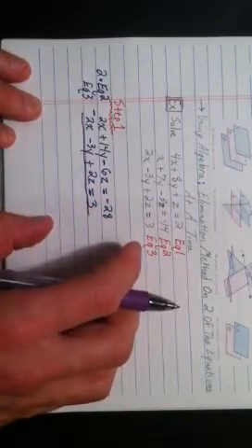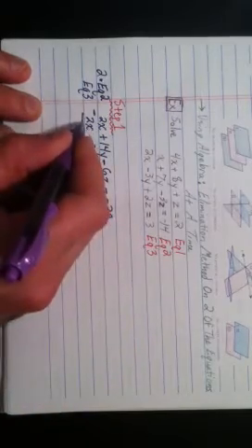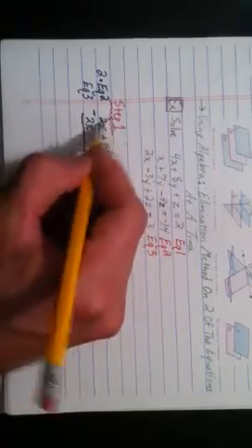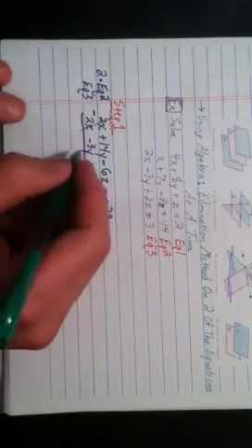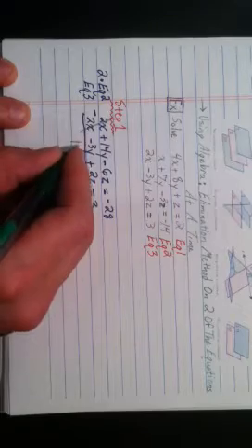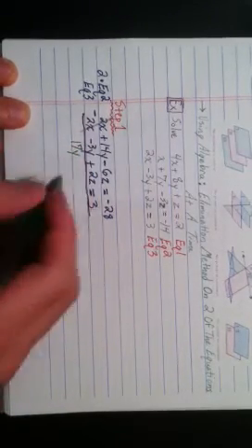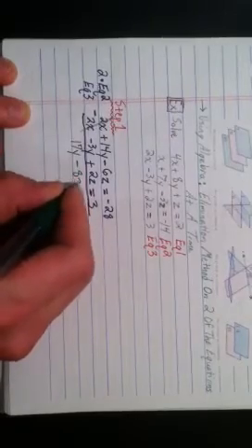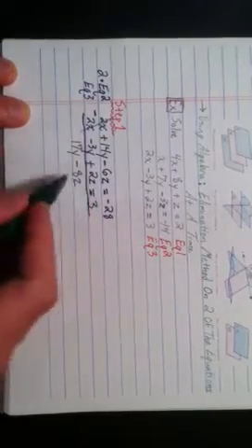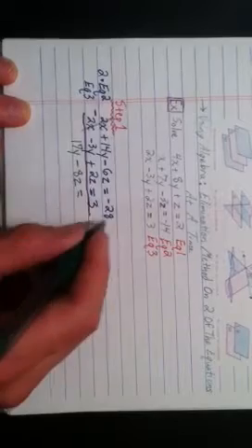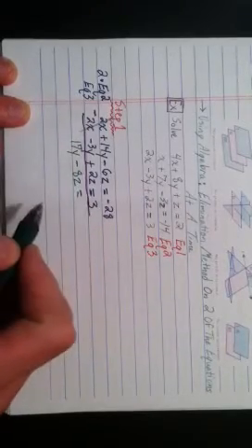Okay. So subtracting here, we will give ourselves 2x minus 2x. Those will cancel each other out. And here's where we have to be careful. We have a 14 minus a -3, which is technically adding. That gives us a 17y. A -6 minus 2 gives us -8z. Okay, -6 minus 2 gives you -8. And a -28 minus 3 gives you a